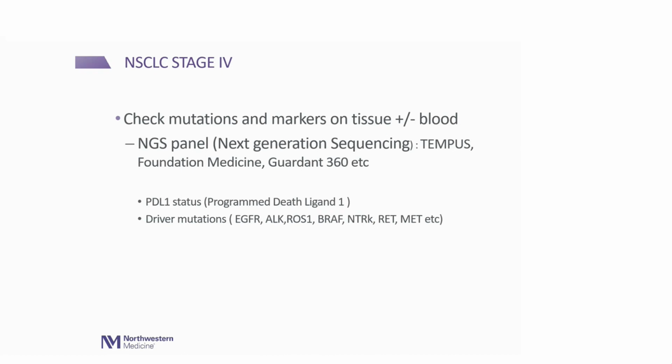PD-L1 is a marker for immunotherapy. You know, all those medicines about immunotherapy that I talked to you about, the mechanism of action. In that little cartoon I showed with that orange triangle, which is the immunotherapy medicine, what it gets attached to is that PD-L1, it's called. Only if the cancer cell has this marker could we use it in some situations. In some other situations, we don't check the marker.